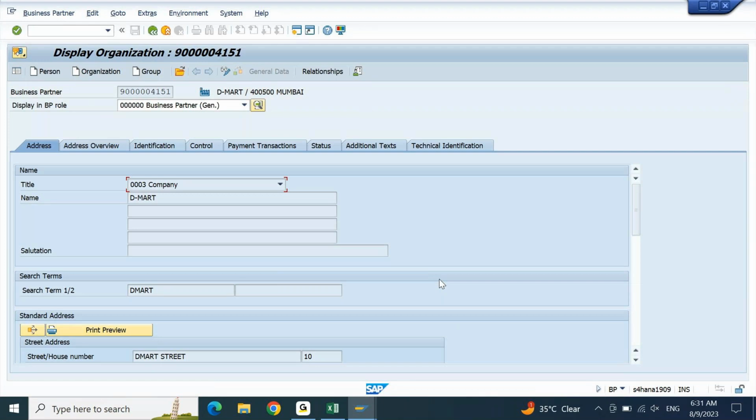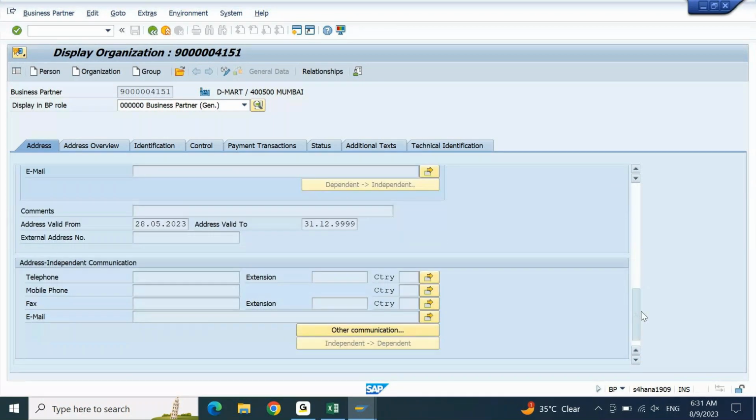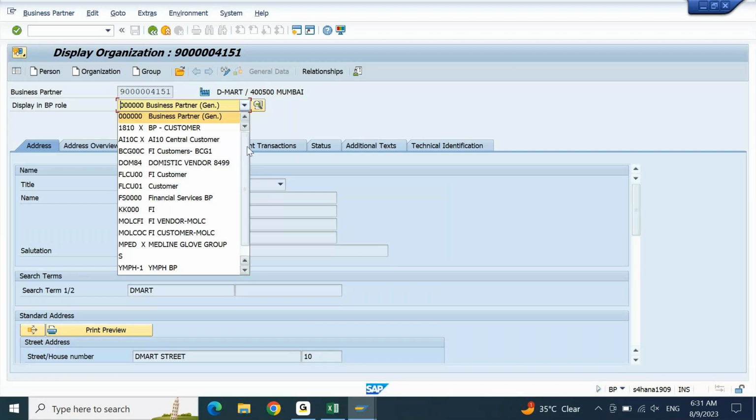Okay, this is how it will display the customer master. What we created was DMart. We created a DMart as a customer. And if I go to the other roles which are extended to this customer, you will find so many roles. If any particular role is extended, you will come to know based on this role. If I click on this role,